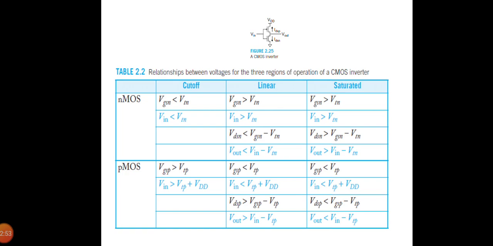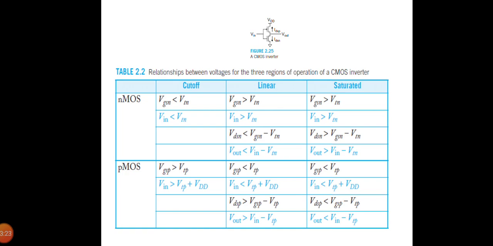The high and low levels are equal to VDD and ground respectively. In other words, the voltage swing is equal to the supply voltage. This results in high noise margin. The logic levels are not dependent upon the relative device sizes, so the transistors can be minimum size. Gates with this property are called ratioless. This is in contrast with ratioed logic, where the logic levels are determined by the relative dimensions of the composing transistors.